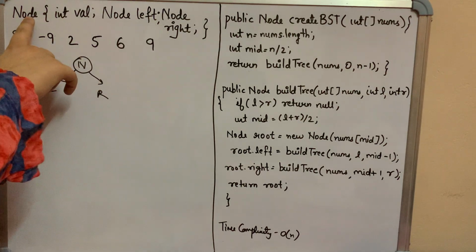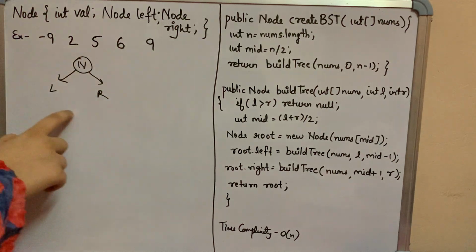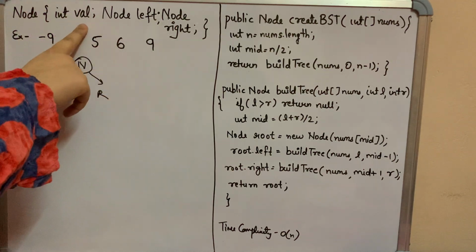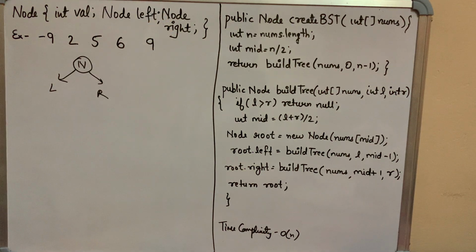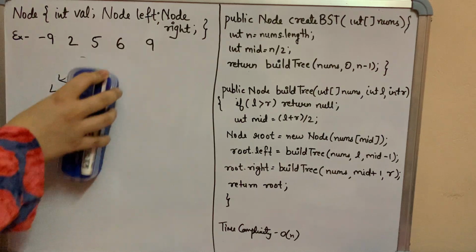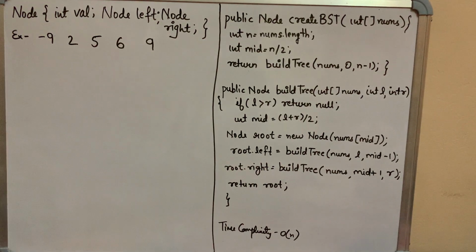So this is the node structure I have mentioned here. One BST node will have a value, a left node and a right node. I hope you are all aware of binary trees, but in case not, just have a look at what a binary tree and a BST are in more detail, and then come to this. Okay, so let's move on. As I already discussed, this is your node, left and right. You have been provided a sorted array, and you have to convert it into a BST.